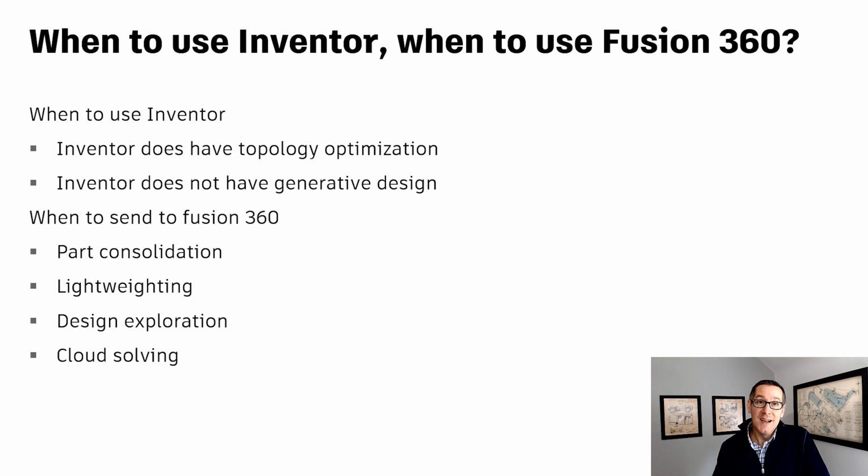But essentially, if you want to do part consolidation, you have an assembly that's really complicated that you want to simplify maybe down to a single component to maybe improve the manufacturing process, speed, time to market, whatever it might be. Maybe you're lightweighting a component, maybe those parts are too heavy, maybe you're trying to optimize and you just want to create a better component that's lighter, but yet still performs based off of the conditions it needs to.